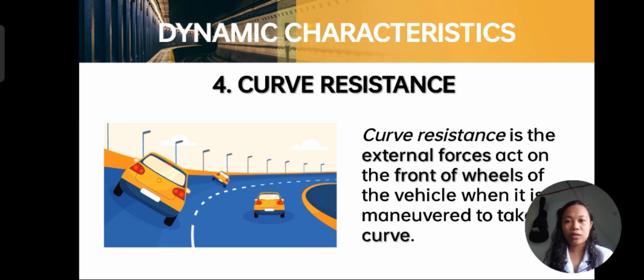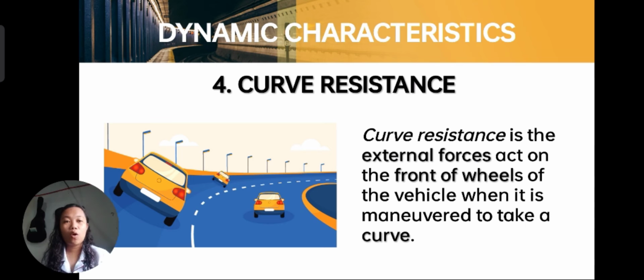Now let's move on to the last dynamic characteristic, which is the curve resistance. Curve resistance is the external forces acting on the front wheels of the vehicle when it is maneuvered to take a curve. These forces have components that have a decelerating effect on the forward motion of the vehicle. This resistance depends on the radius of the curve, the gross weight of the vehicle, and the velocity at which